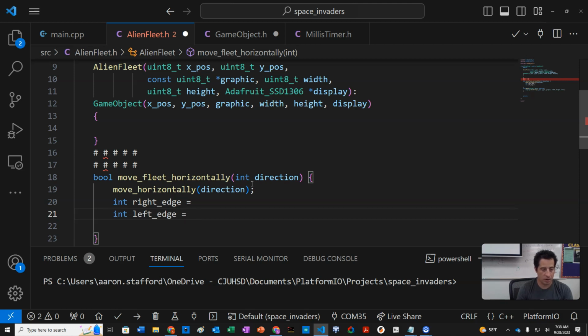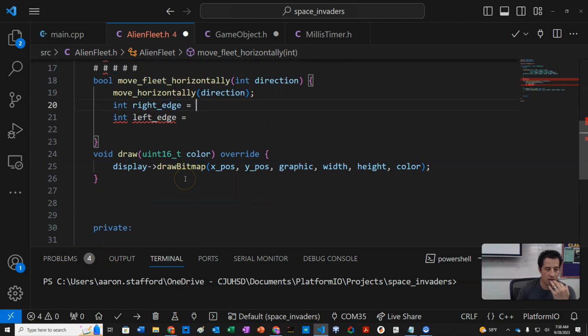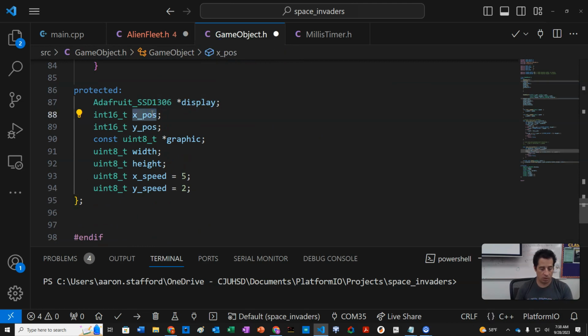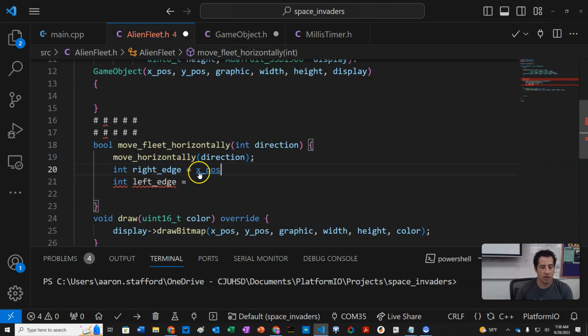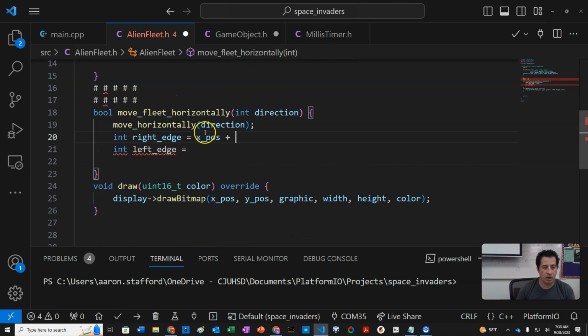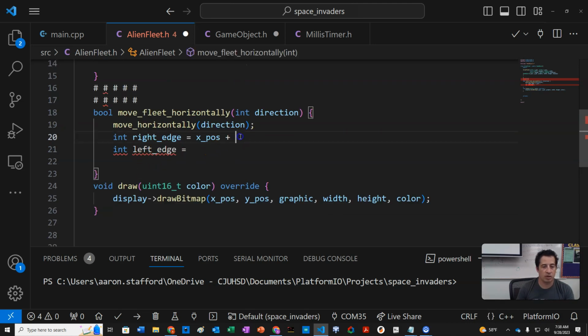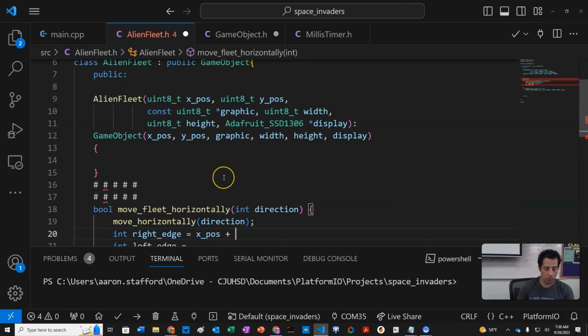So left edge will be the current horizontal position, and the right edge will be the current horizontal position, so that'd be X position, right? So this is going to be X position plus, and now we need to keep track of our width and our height. Well, I guess we know the width, right? So plus the width